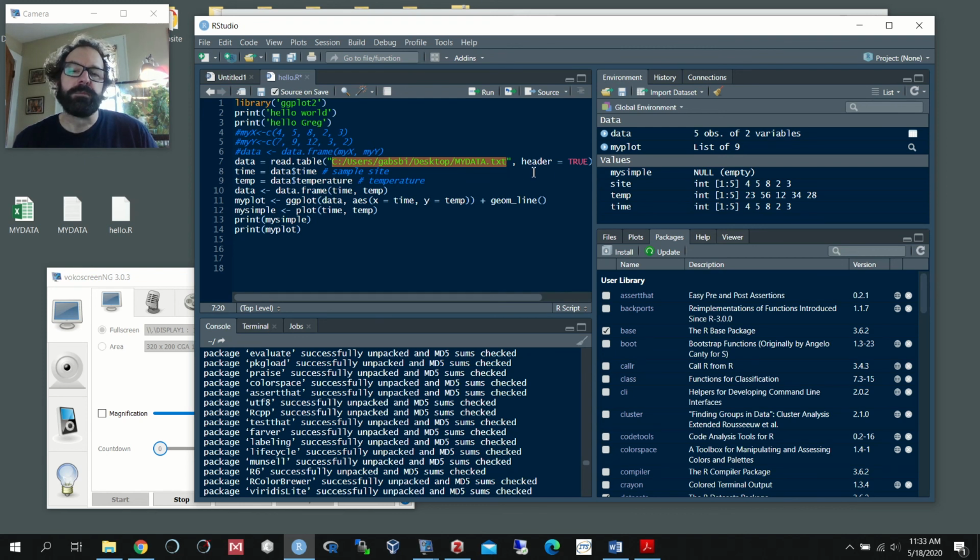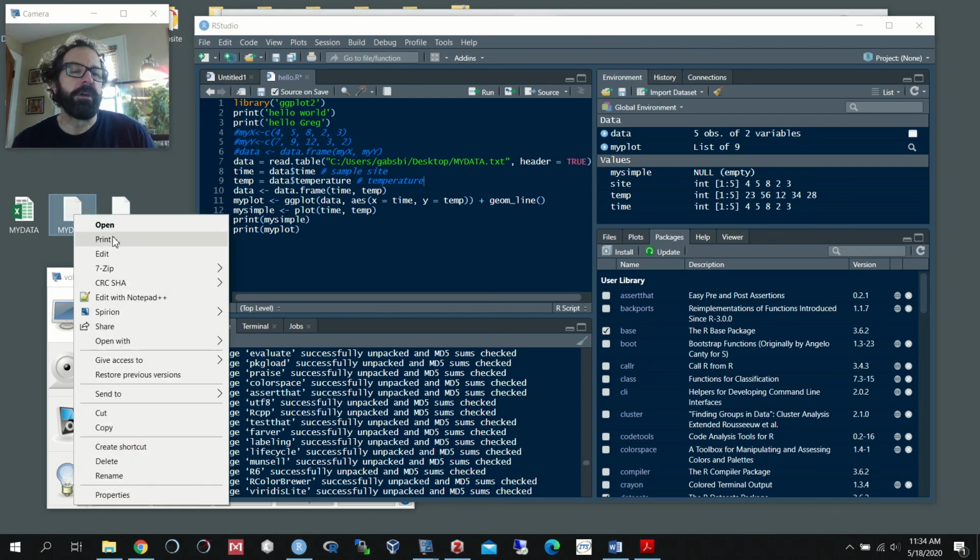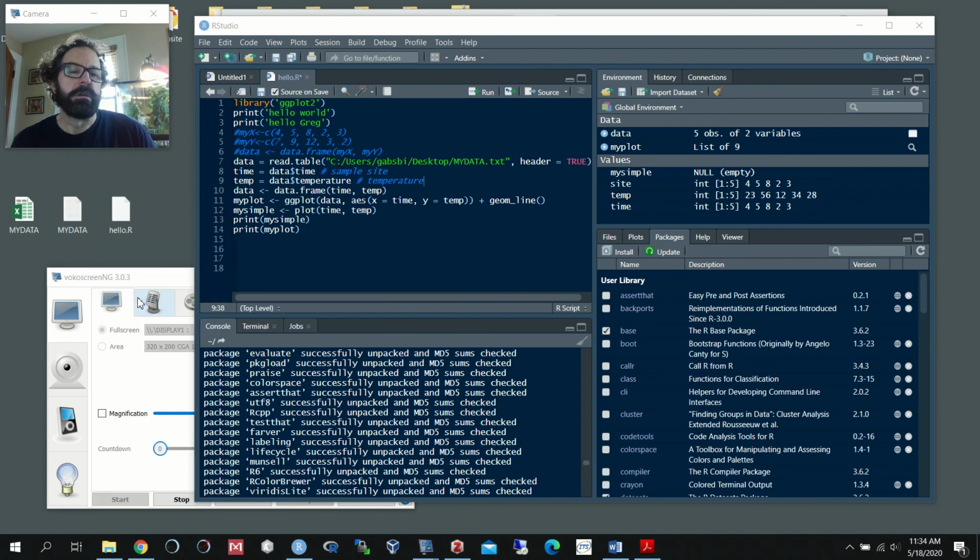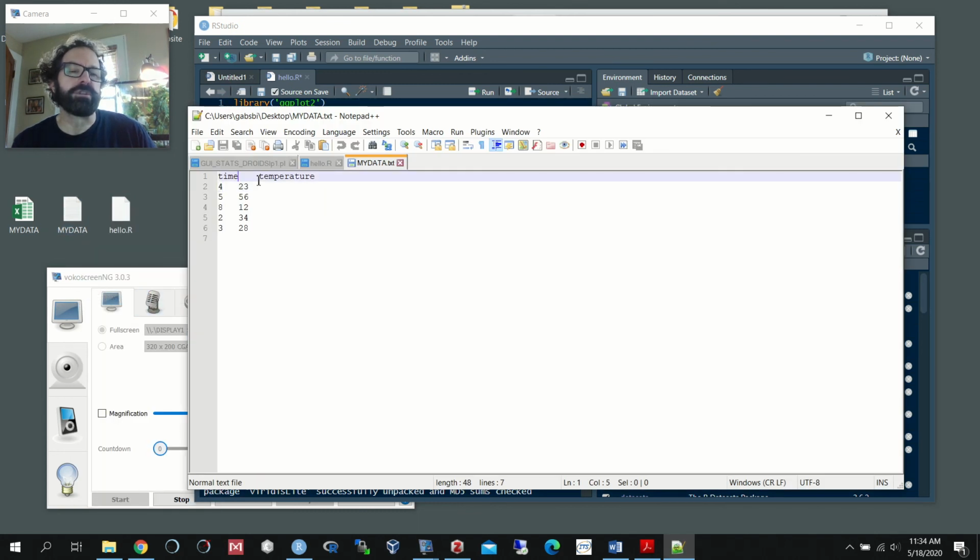And then there's a logic statement here about headers. Are there headers in my table? And in this case, they are true. So logical statements are always in all caps. So true or false. In this case, it's true. And if we were to take a quick look there, you would see that I have headers for time and temperature on the first row, and I want to ignore those. I don't want my computer to think those are numbers, basically. So by putting header equals true,